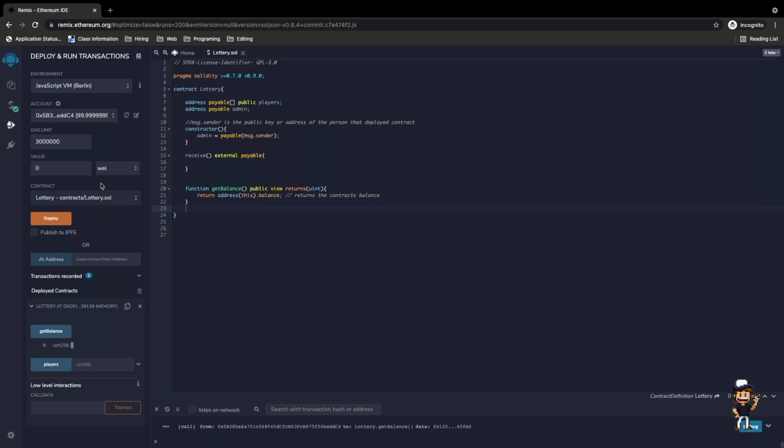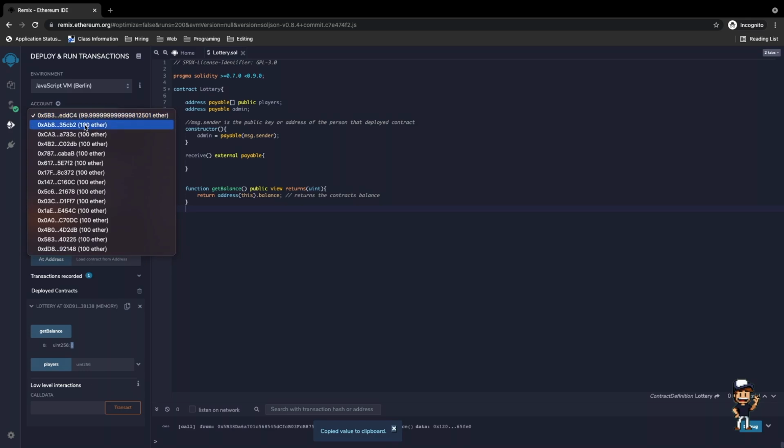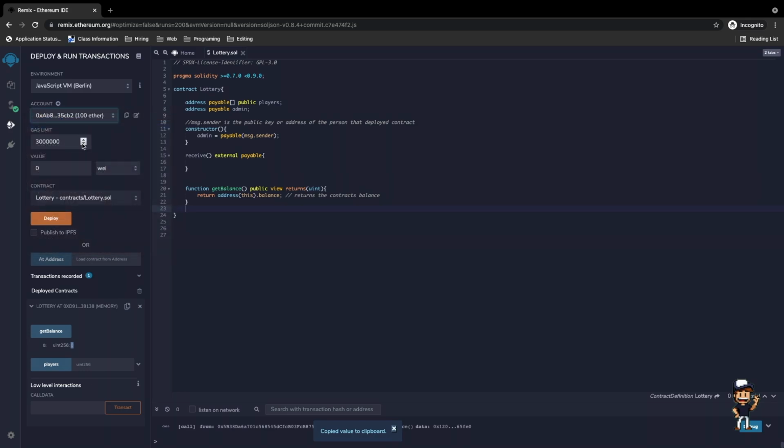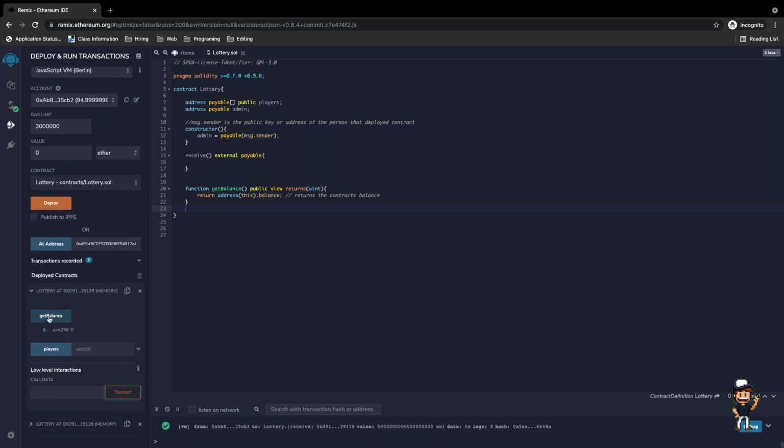So here's what we're gonna do. We're going to copy over this address into our clipboard, and we're going to select a different account. Here, we're going to add a certain amount of ether, and we'll select 5 ether. Now we can go to add address, and here's the address, and then we're going to transact. Once we transacted or completed the transaction and we click get balance, we'll see the amount of ether that we